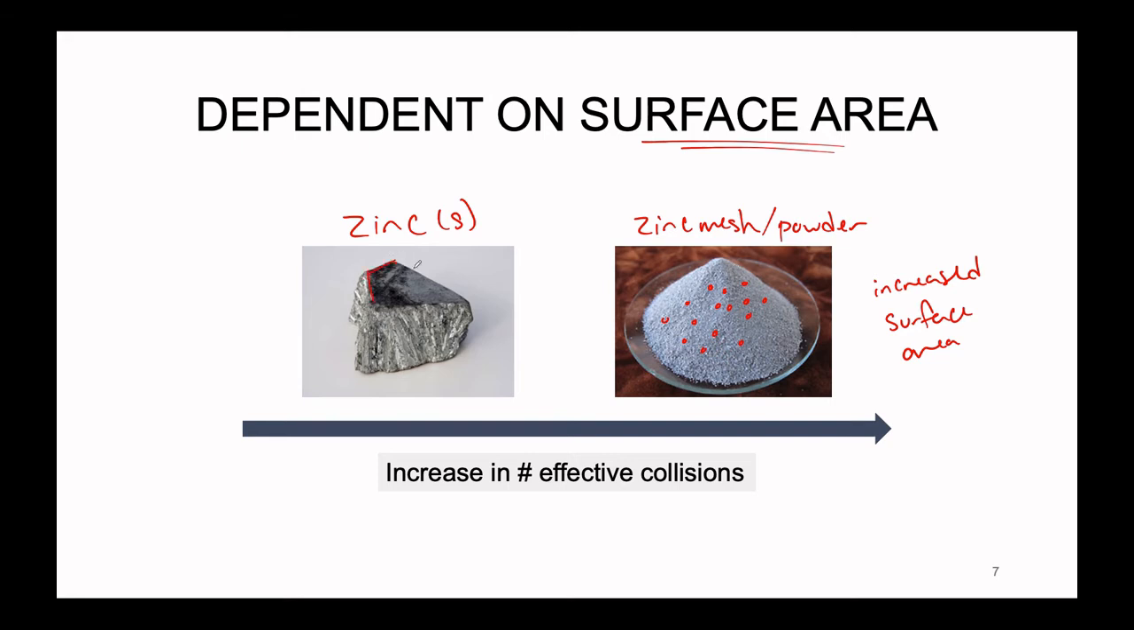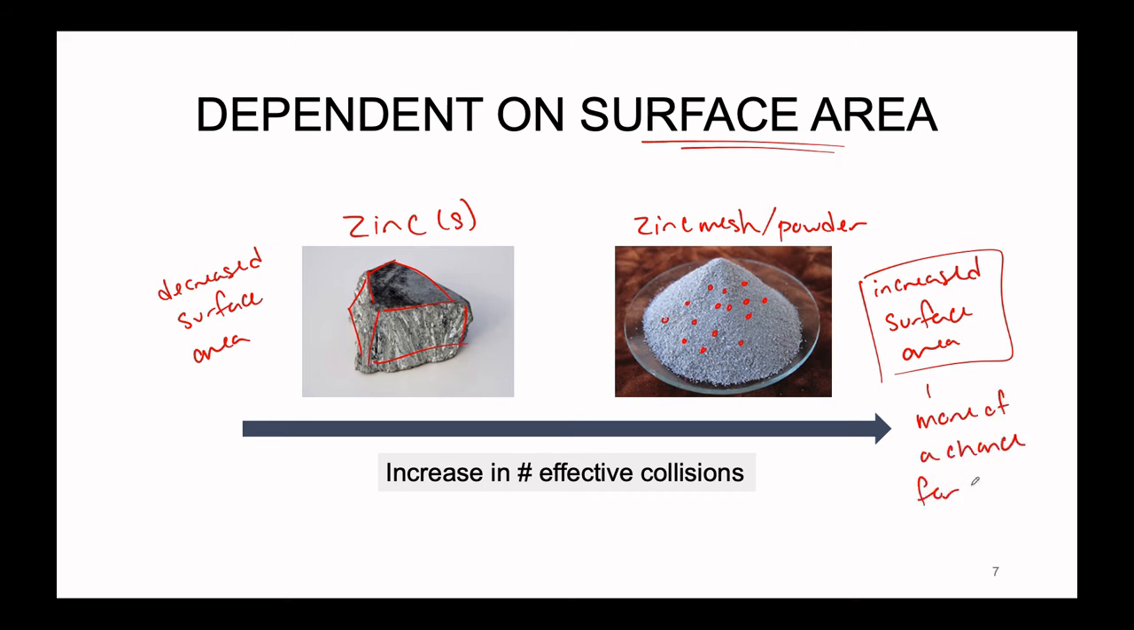If the zinc is stuck in solid form, as we have illustrated on the left, only the zinc atoms on the outside are going to contribute to the surface area. So we actually have a decreased surface area here. And if we have a decreased surface area, we have a lower chance for particles to come into contact with each other. Again, what we're looking at here is how to increase the number of effective collisions. With greater surface area, there is more of a chance for particles